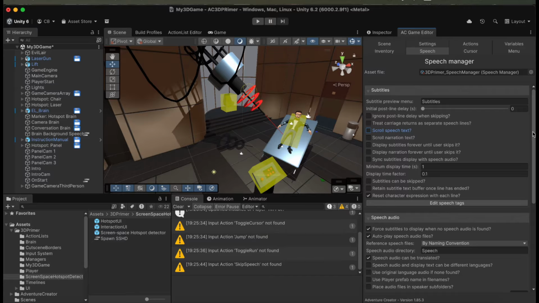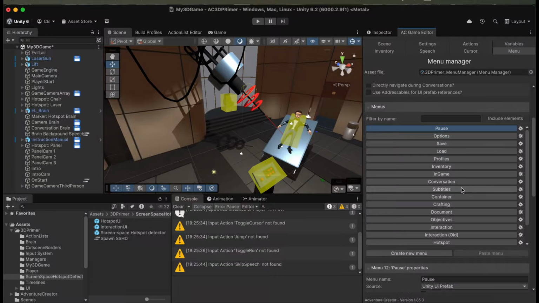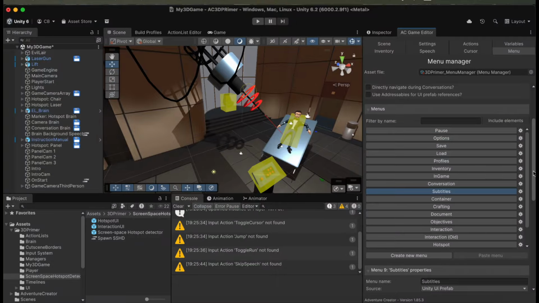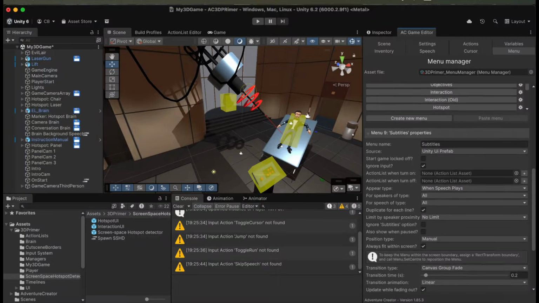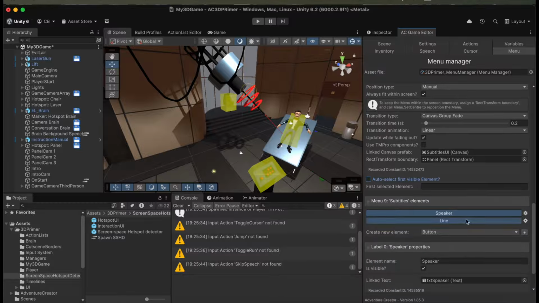The display of subtitles themselves are handled in the subtitles menu, and so we can find this in the menu manager by clicking on the subtitles menu. This will then give us the properties of that menu, as well as the two elements that it contains. You can see we've got a speaker label which shows the name of the character, and a line label that